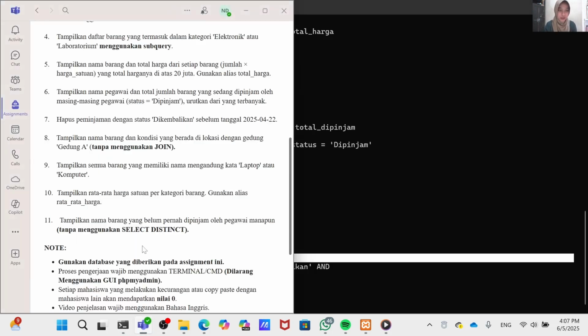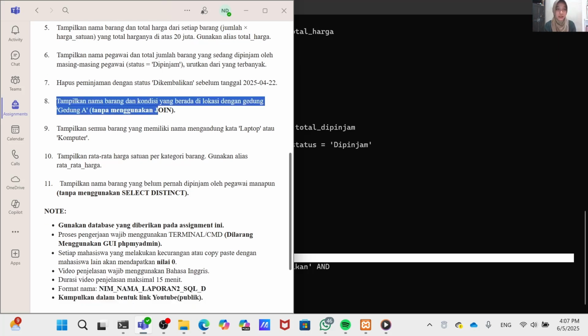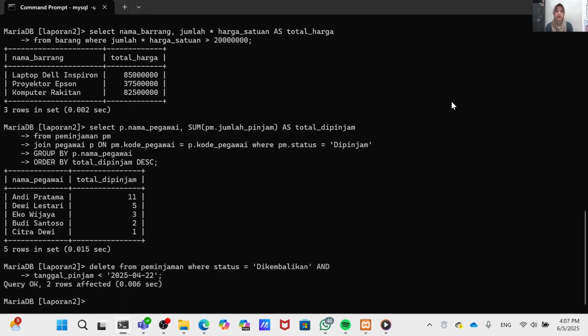Number 8 is display item names and condition in Gedung A without using join.